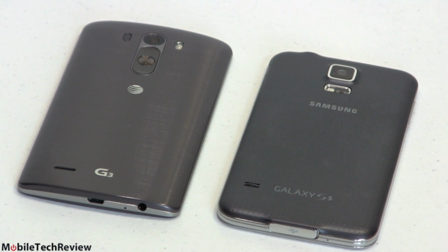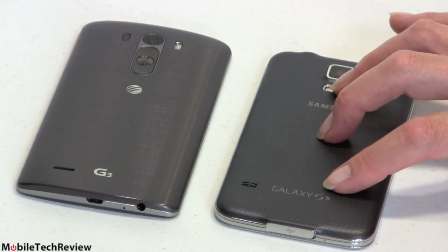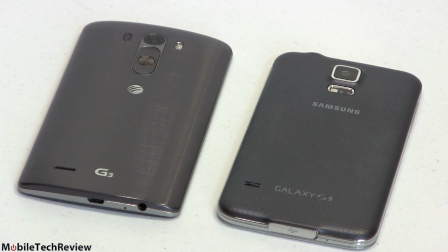Both of these have micro SD card slots to augment storage. Great for putting your videos, your documents, all that sort of thing on. Samsung does hack Android, so you can put apps on SD card. That won't work with all applications, but there's a little something there. Both of these have the SD card slot under the removable backdoor. Both of these have removable backdoors and removable batteries. Somewhat higher capacity battery for the LG G3, but then again it is driving a bigger and higher resolution display,